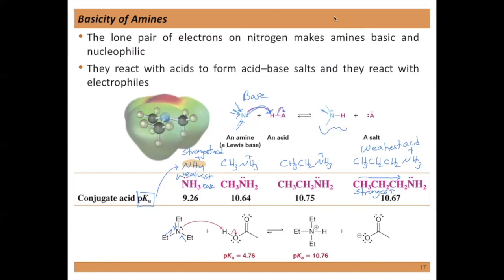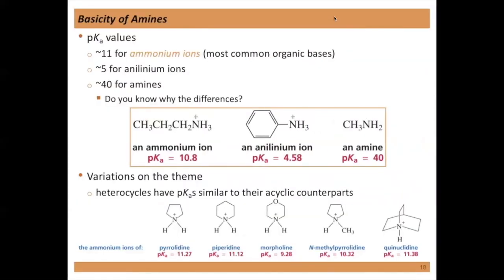And so it ends up being a very decent base that can deprotonate a carboxylic acid, and we actually produce this conjugate acid. If you notice, this conjugate acid is a weaker acid than propylamine. And since it's a weaker acid, the conjugate base should be stronger. So on this page here, triethylamine would be the strongest base. So again, to make a base strong, we want to push electrons into it. And so you can see some of these